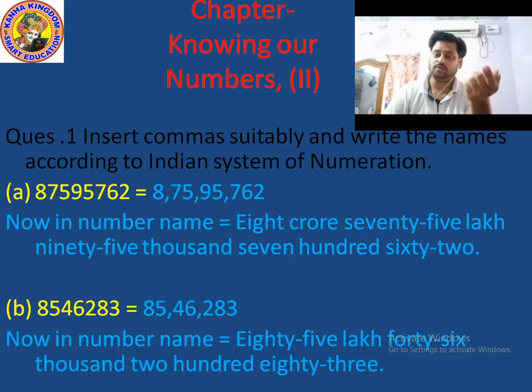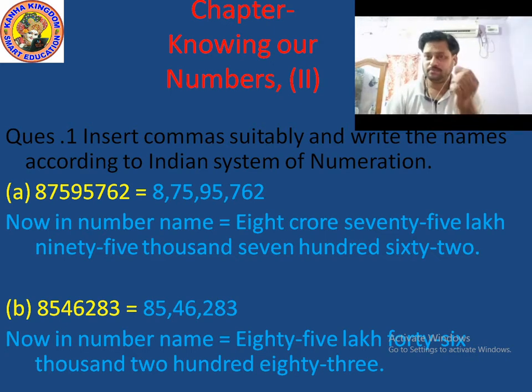Okay, now after completing the thousands period, move to the lakhs period, and in the lakhs period also 2 place values. Which are they? Lakhs place and ten lakhs place. So after 9 which digit? 5. So 5 is in the lakhs place, and after 5 which digit? 7. 7 is in the ten lakhs place. So now your lakhs period is also completed. After completing the lakhs period, make another comma.